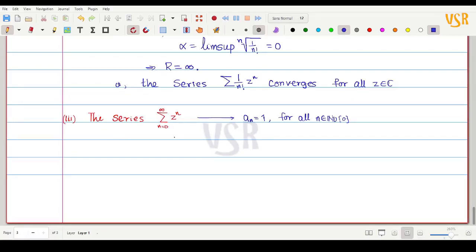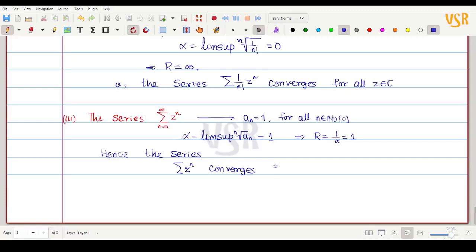அப்போ what is this alpha, which is equal to limit supremum of nth root of an, இது எல்லாமே 1, அப்போ nth root எடுத்தாலும் இது 1 தான். So that is equal to 1. Okay, so this would imply capital R, which is equal to 1 by alpha, that is also 1 divided by 1, 1. Hence the series summation z to the power n converges